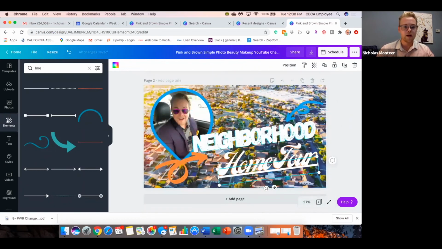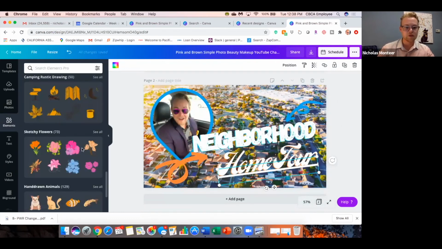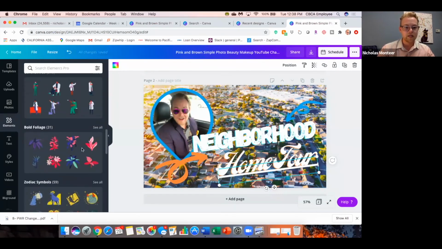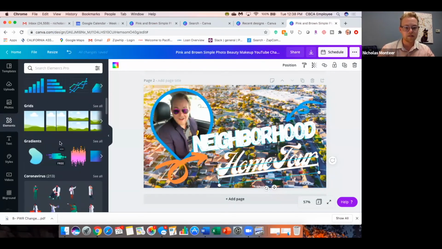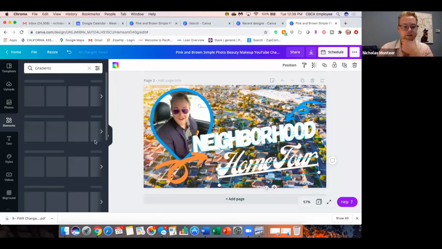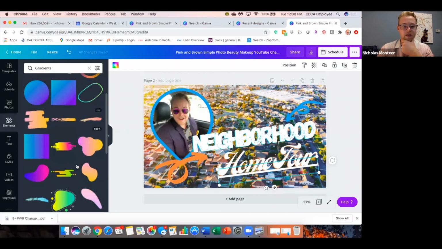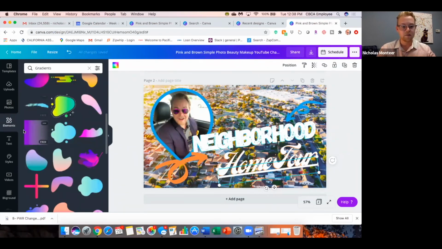If you go over to elements, they've got these really cool shapes called gradients, and you can add a gradient shape. Gradients are one of my favorite things to mess with inside of Canva, because I think they give your piece a lot more depth. I like this one here, purple to clear. So I go ahead and take this one,